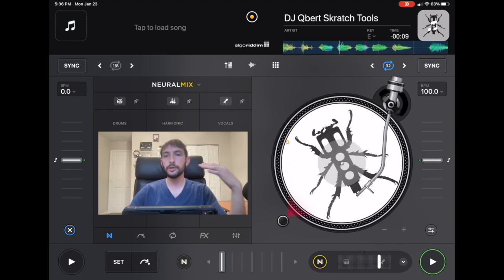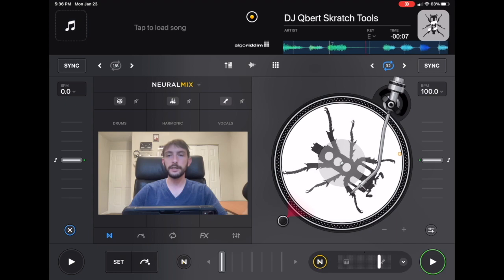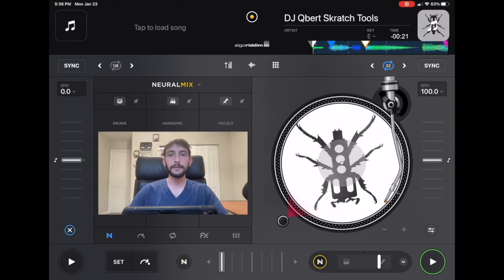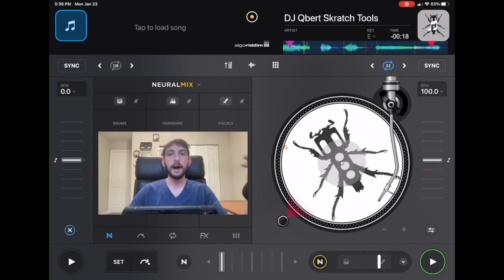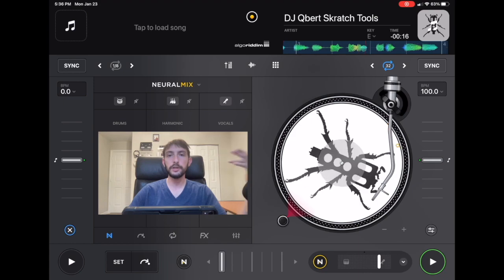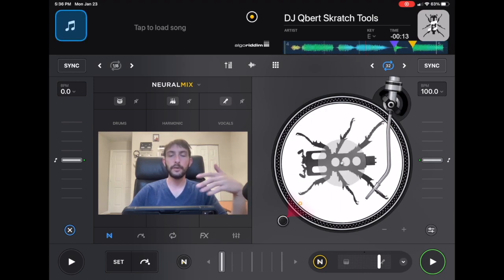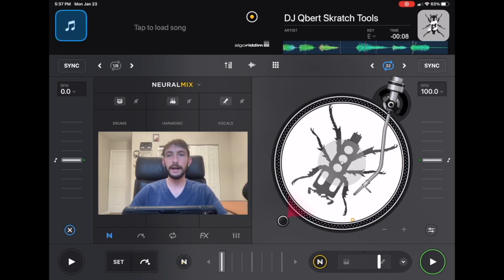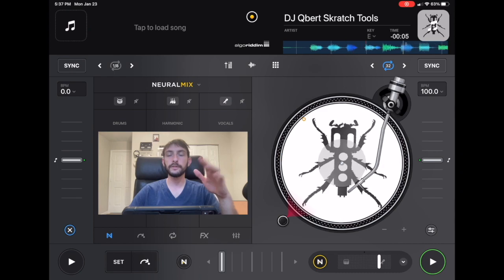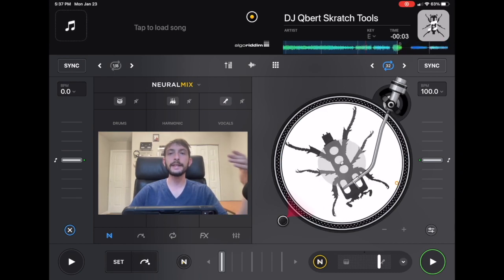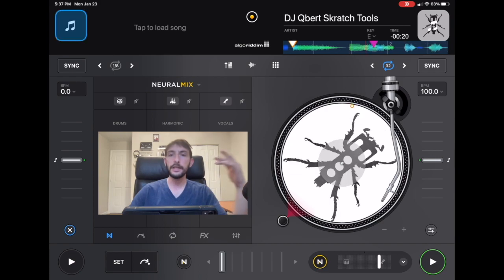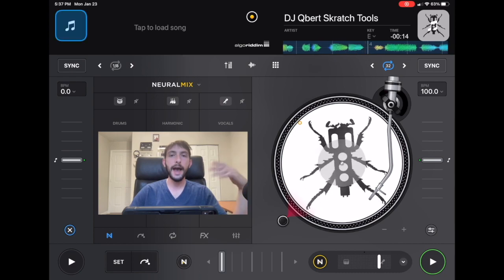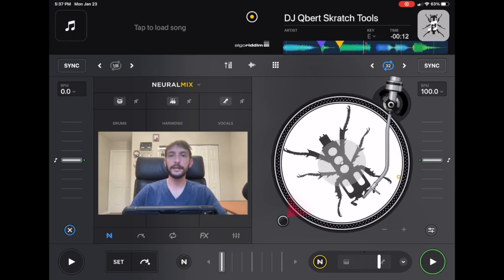And this completely changed the game in terms of DJing and has made iPad DJing so much more popular, because this feature was only made possible because of the new chips that the new iPads and new iPhones were produced with. So they were able to use this technology to separate the vocals from the instrumentals in real time. And since then, the other popular DJ softwares such as Serato, Rekordbox, and Virtual DJ have hopped on the separation of vocals and